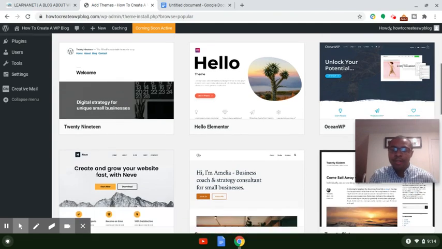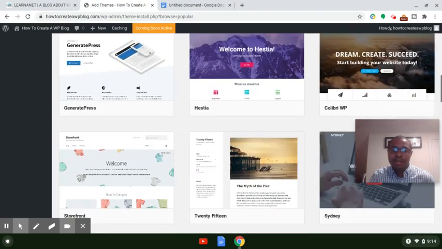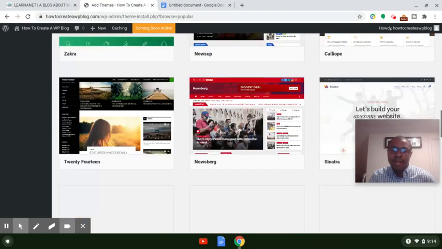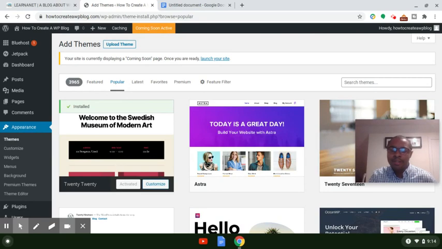You'll have access to some really popular themes that you guys can see. They're really clean and lightweight. What I like to do with tutorials like this is to help you find a theme that really suits you. In the search bar, you can type in a keyword that really defines what it is that you do. So let's say, just as an example, that you guys are into